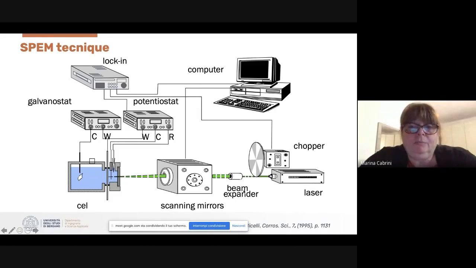in the Polytechnic of Milan and the Center of Study of Electronic Process of CNR in the Polytechnic, by Dr. Razzini and his group, in which it was found that the photoelectrochemical response of the passive film of carbon steel, but also of other metals, was influenced and increased by the presence of hydrogen. It was possible to realize this kind of equipment in which the specimen works in a photoelectrochemical cell,